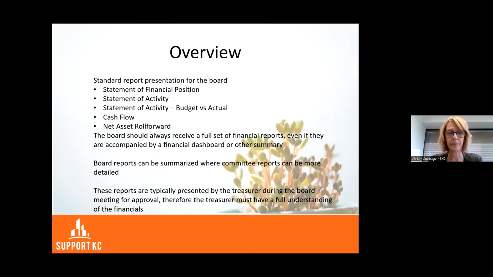The cash flow statement, which we'll talk about, is sometimes hard to navigate and understand, but it is a good tool if you can kind of follow how we are spending our cash. And then the next is a net asset roll forward. And that's pretty unique to a nonprofit organization, because what that report tells us is if you have some restricted grants or donors are restricting for certain things, this report will give you a little more detail about what that